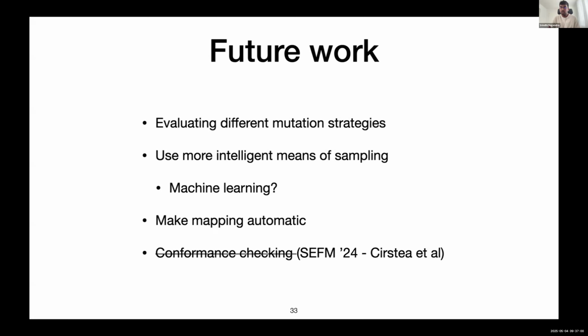And I want to say that with this work, you kind of get conformance checking, or testing, for free. But as some of you might be aware, there is work that was recently published that addresses the specific problem of conformance checking along similar lines, using a model and running the model on the trace that was collected from the implementation. I leave a reference to that here. You can check it out.